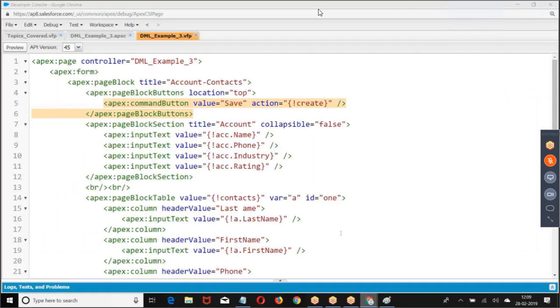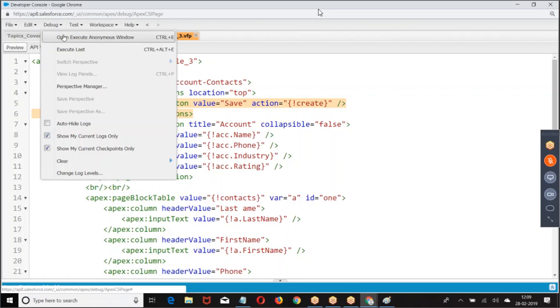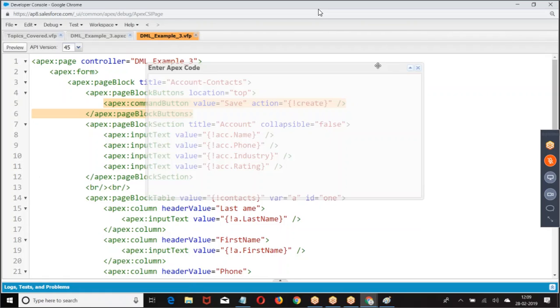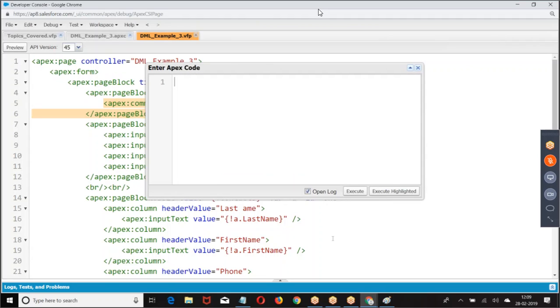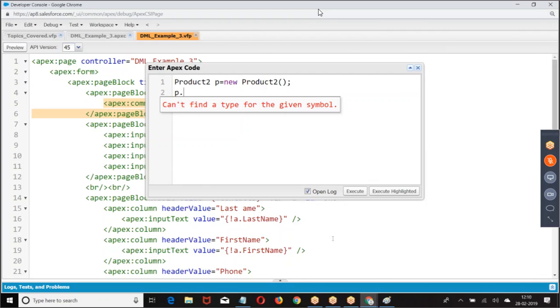I will do this example from the console. These objects are very important for us. Internally, the name of the object is Product2. Tab name is Product only, but internally the object name is Product2. Product2 P equal to, P dot name,